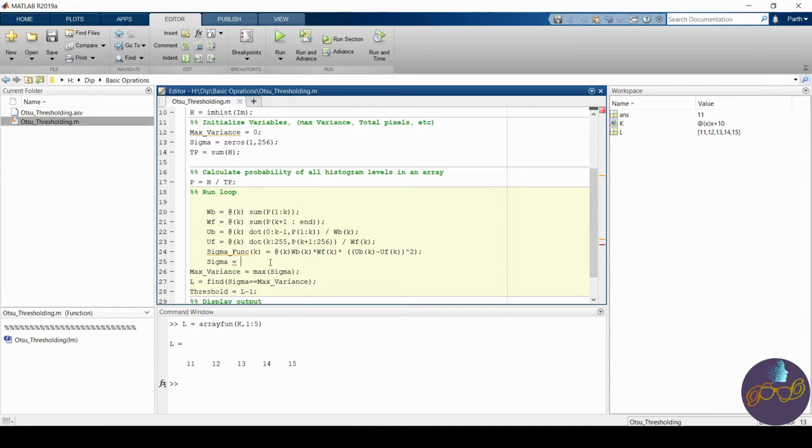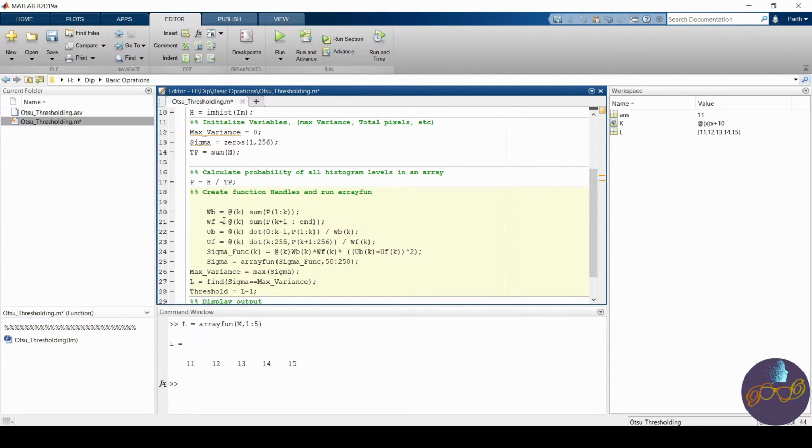So what we have to do is run the sigma function. It's a long name, so I would copy it, over 50 to 250, right? That's what we were doing previously. Okay, so now we have a sigma. This sigma would be the same as our previous calculation in the loop. So I will just comment here: create function handles and run array function.